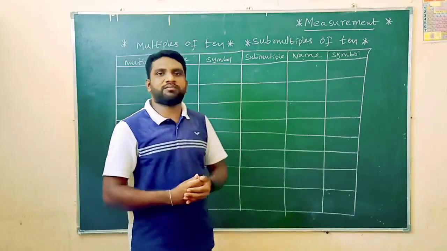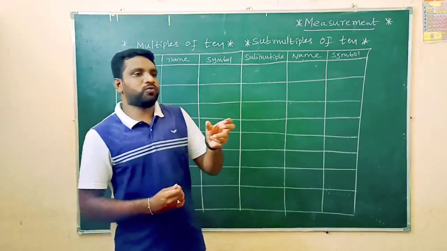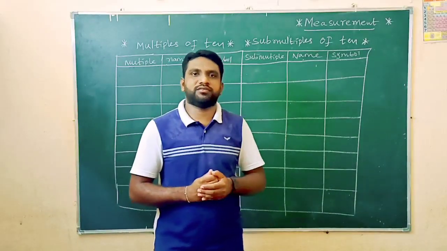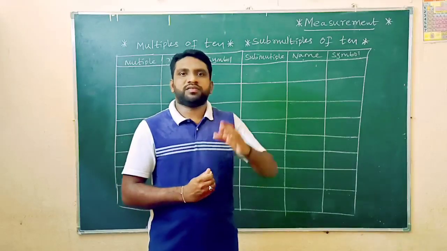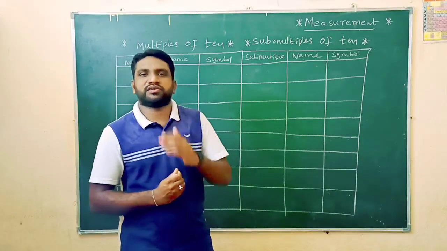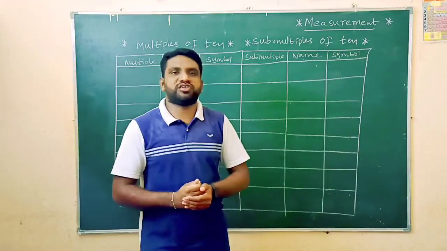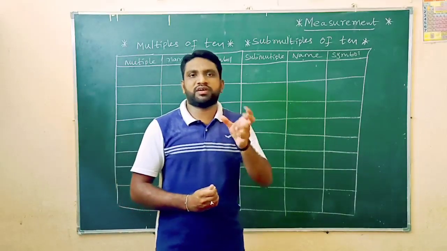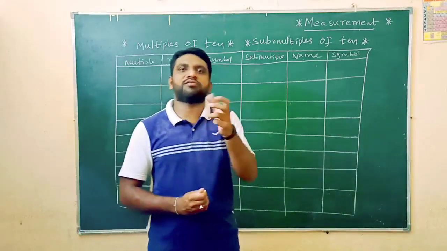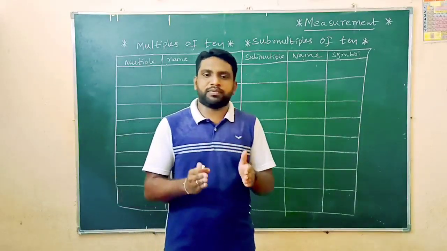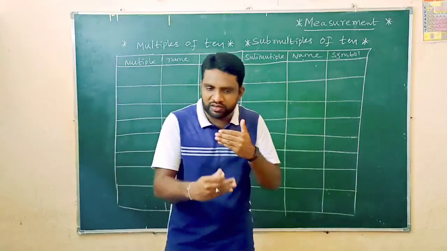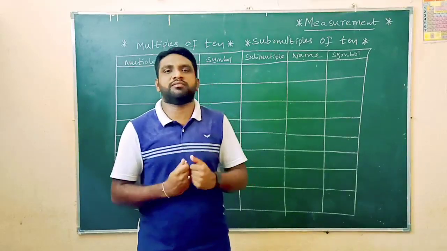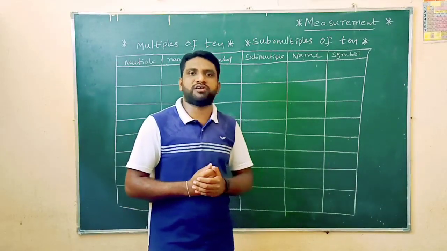So why am I explaining this topic here? Because when we are going to write large and big numbers in measurement, for example, the distance between the sun and earth is a large value. Is it possible to represent it in terms of zeros like that? It is a big value. So instead of this, we will write that value in terms of multiples. That is the purpose. If you want to represent large, big values or else smallest values, we have to take the help of multiples and submultiples to represent those particular values. That is the main purpose of multiples of 10 and submultiples of 10.